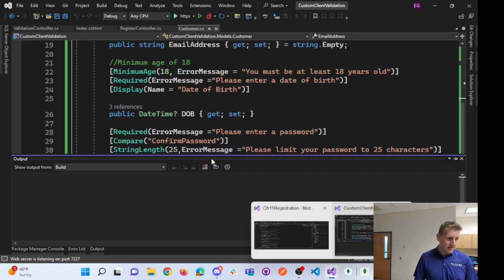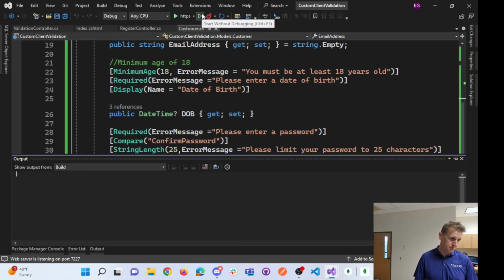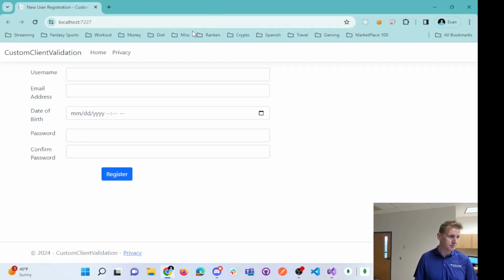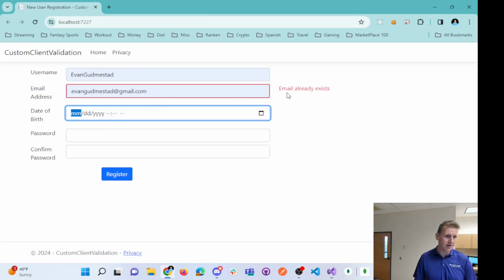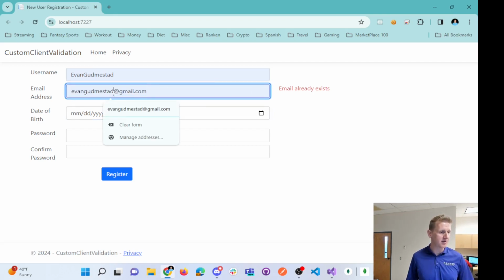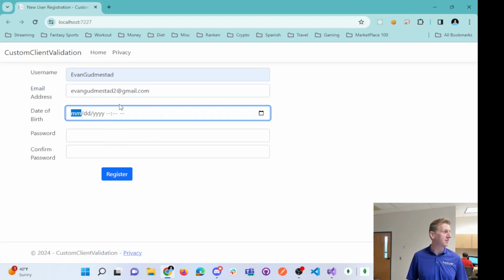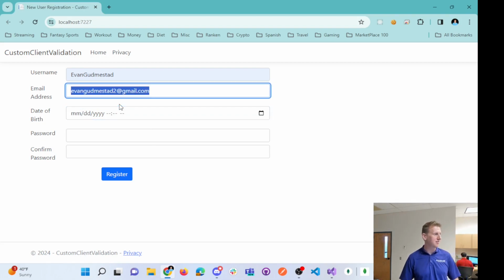Would you boot up, machine? Quit making me wait on you. There we go. Okay, so Evan Gudmestead, let me just see if I tab off. There it goes. Because it does hit a database, it does take a second. So it wasn't like the snappiest response, but if I just ping that, notice it pops right off. That's incredibly easy. That's probably my favorite. I like that remote attribute a whole lot more than customizing your jQuery unobtrusive validation logic,